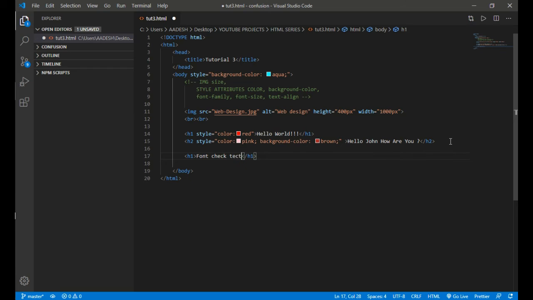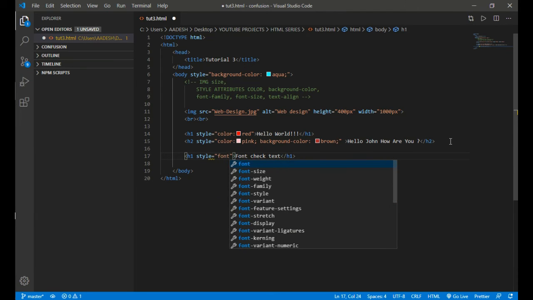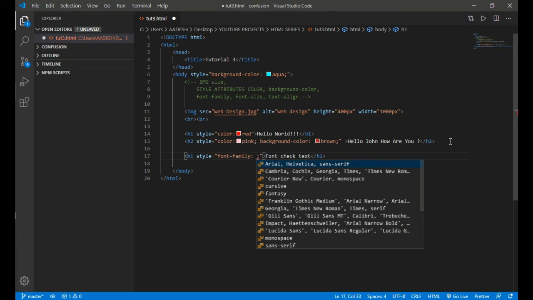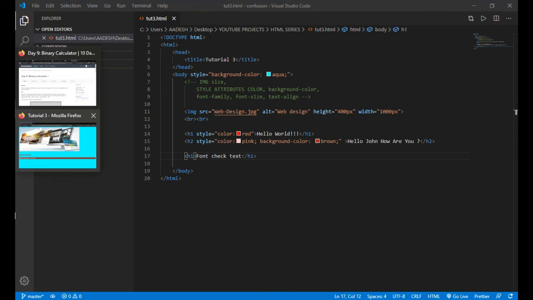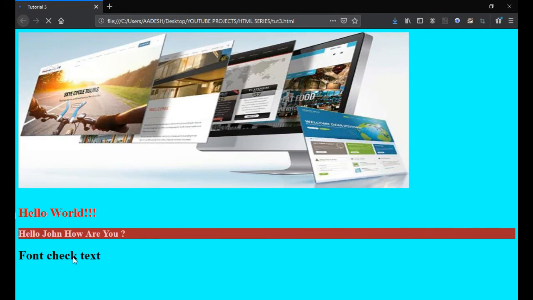Now we are going to check the font change on this H1. So, font check text, and inside the style we will write font-family. Let's say we want Arial. Hit Control S. Before adding Arial, let me show you how it looks.